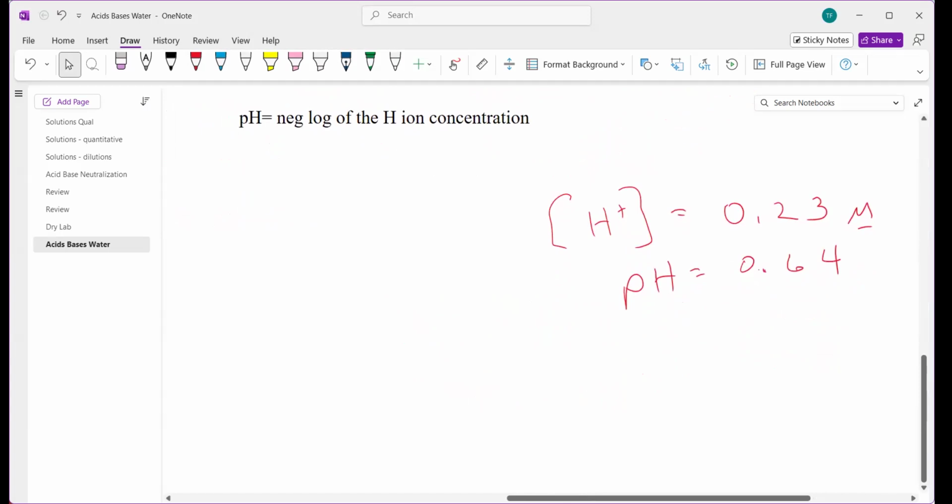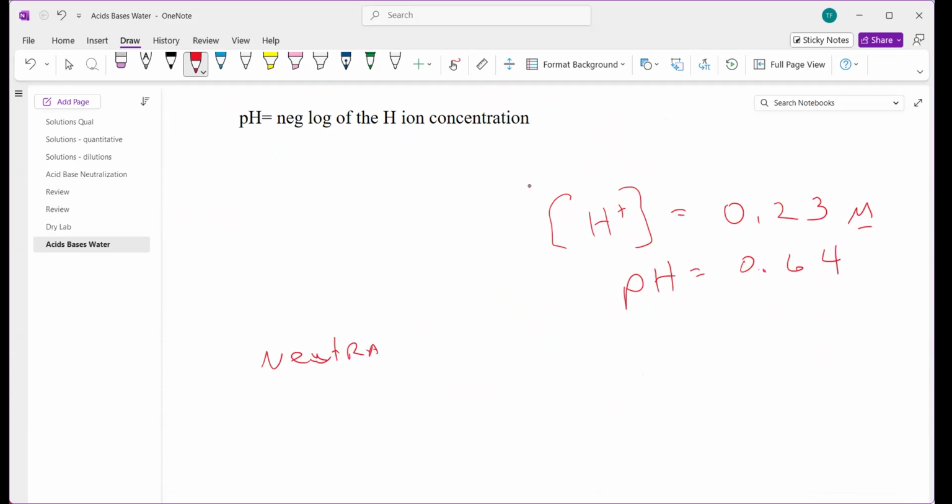Okay, so we are going to talk about neutralization reactions. And a neutralization reaction is